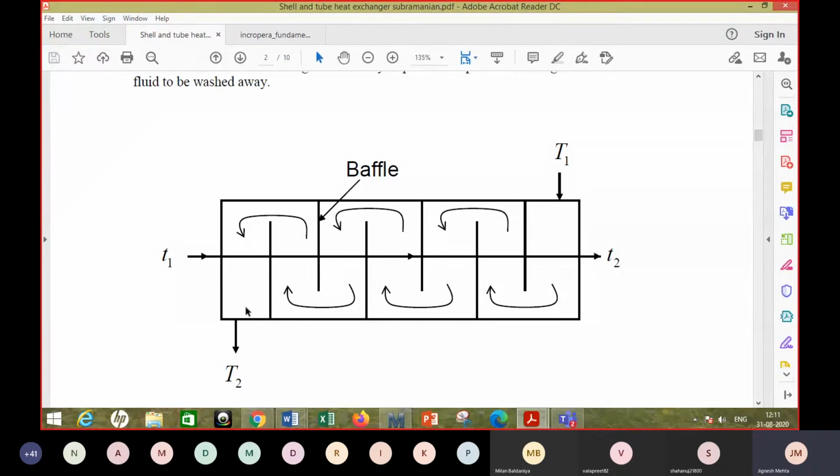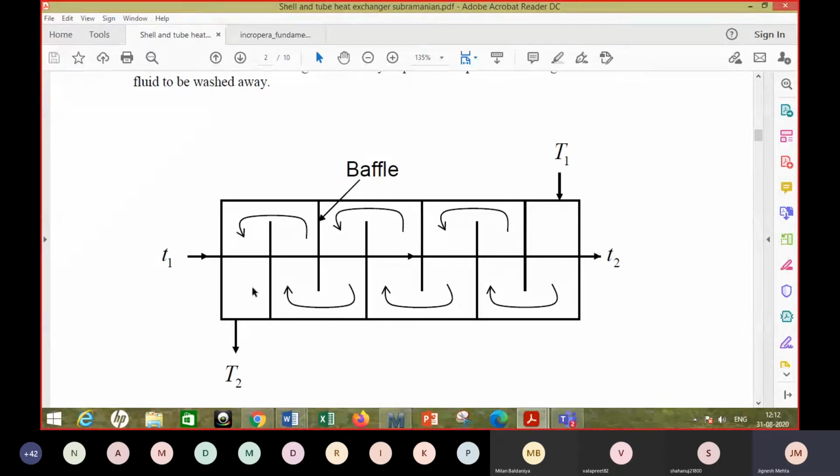take the shortest route, the least resistance route, and in that case many areas, in the corners, will not be utilized. The fluid will not wet those surfaces. So it's necessary from the point of view of mechanical strength as well as thermal performance to put baffles, right? In a shell and tube heat exchanger, if it is not having baffles, then though you may say that the area is large,